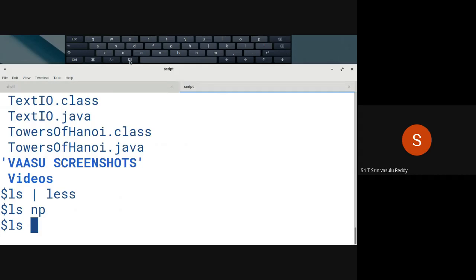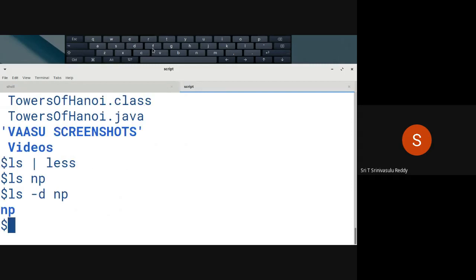There is an option called the -d option. We use options by starting with a minus symbol, or hyphen as we normally call it. When you give ls -d followed by this, now you see it is displaying np. If you don't give -d, it displays the files within that. There is another thing called capital F.